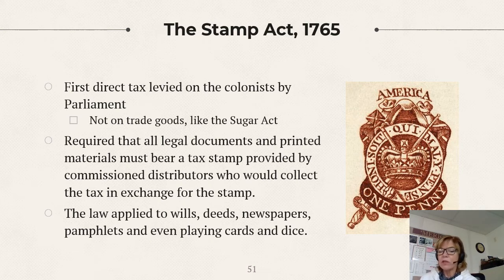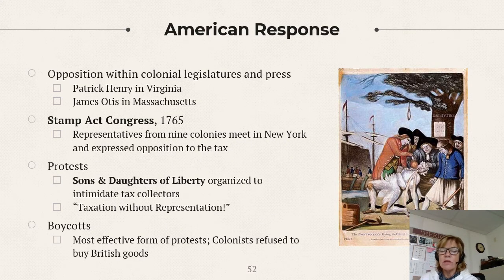And remember, Americans respect a Republican form of government, and again, they feel their rights are being violated. Right. So the response to it, it's all American, right? First thing they do, there's the legislatures and in the press. So in Virginia, it was Patrick Henry. He spoke out about it in the Virginia House of Burgesses as a very young, new, well, not so young, but a new representative. At this point, he's not saying give me liberty or give me death. That would be probably about 9 or 10 years later.